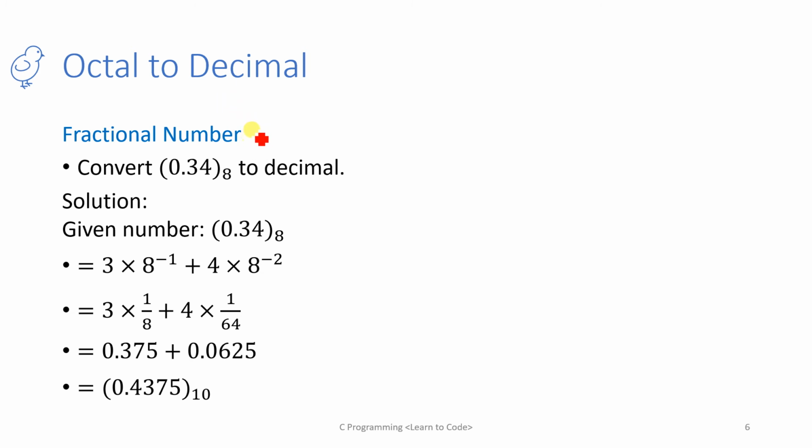The next part is octal fraction to decimal conversion. When you want to convert an octal number in fractional form into decimal, if you remember, we have already discussed fractional binary to its equivalent decimal, where I took the example 0.111. Whenever this kind of problem is given, after the decimal point the first digit gets the position -1, the second gets -2, and the third gets -3. I am doing the same thing over here.